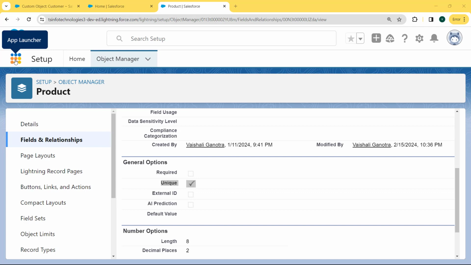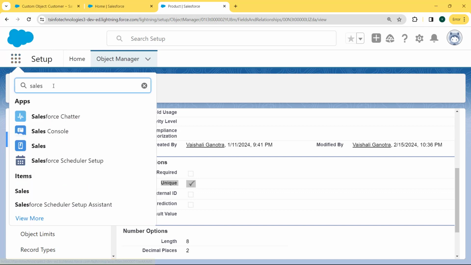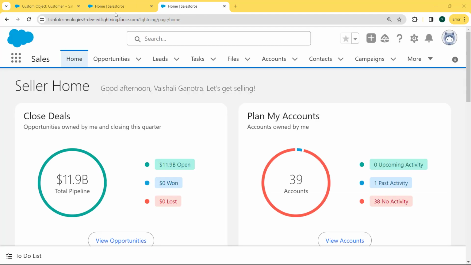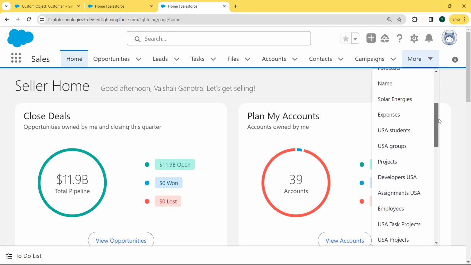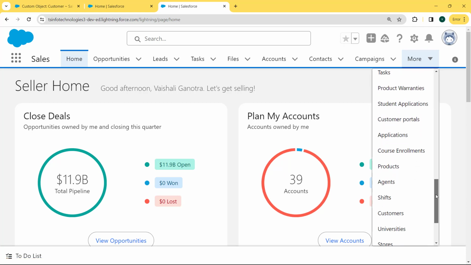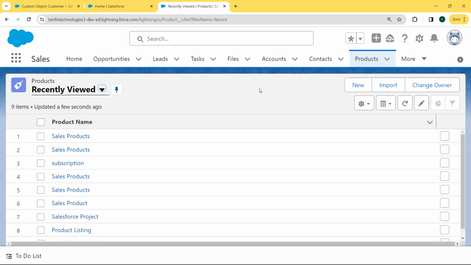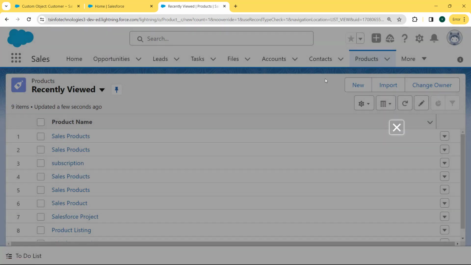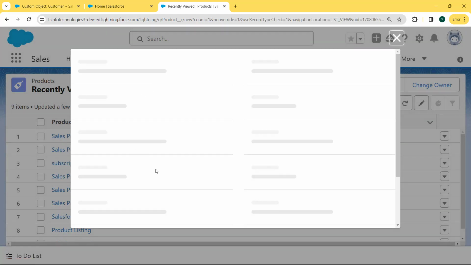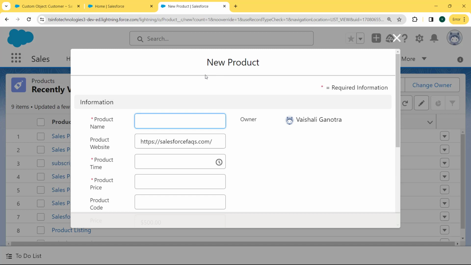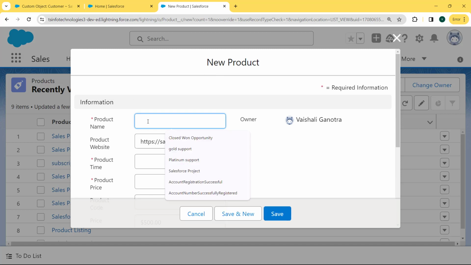So we click on the app launcher, enter Sales in the search box and click on the Sales option, and our Sales page is open, and under this Sales page we search the Product object, and here is our Product object. Click on this Product object, and we want to create a new record, so we click on the New button, and our New Product dialog box is open,